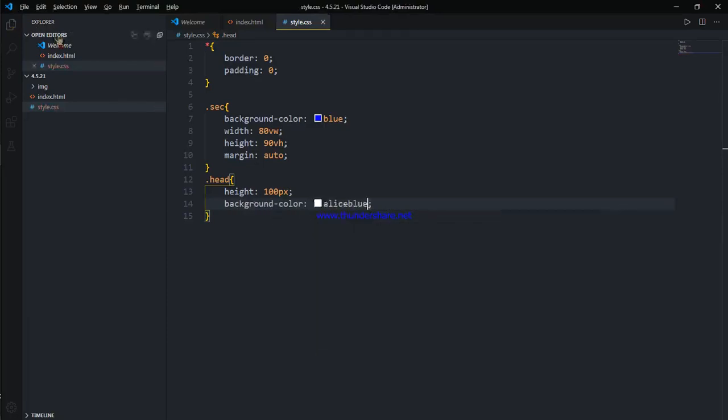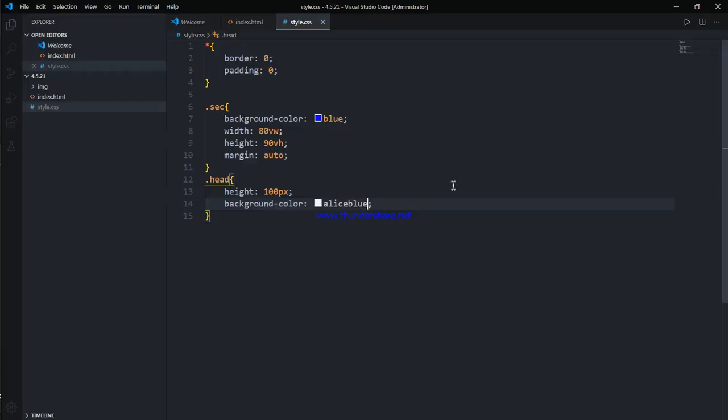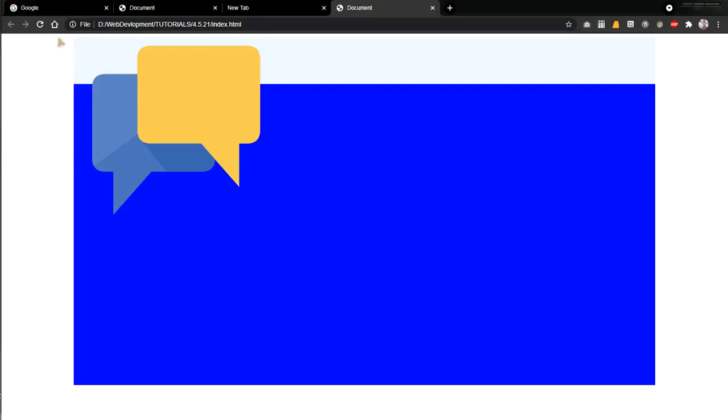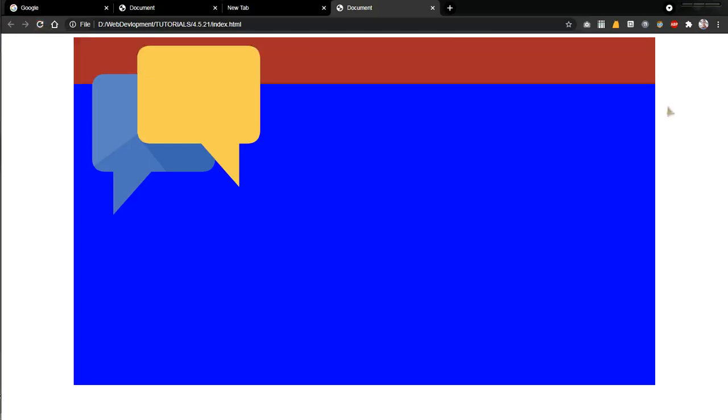Background color, something like this. So this much part is going to be our head, as we can see,